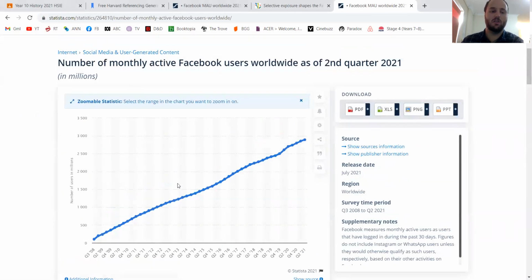It's got a graph showing how many users are on Facebook from 2008 to 2021. It shows me that in 2008, there were 100 million users. In 2021, there are 2,895 million users, close to 2.9 billion. So I took this and I just said, Facebook has close to 2.9 billion users.